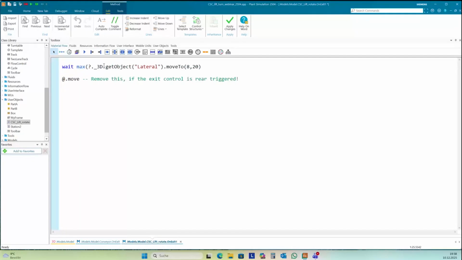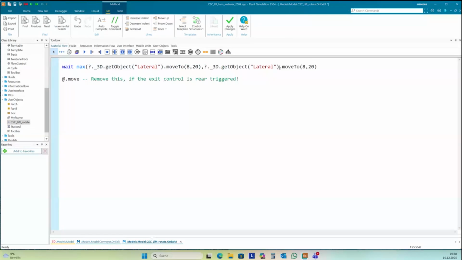If there are different lengths of these movements, you can use max to calculate the maximum time that you need to wait to finish both of these movements. And then I only need to set these two movements here after each other in this max command. And now it will be very long.